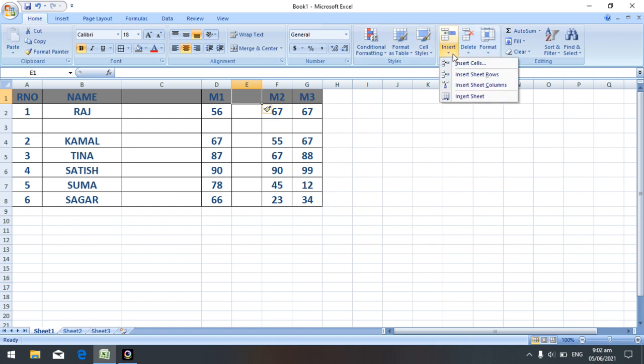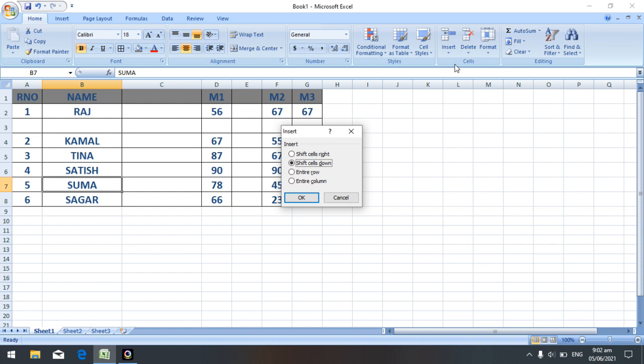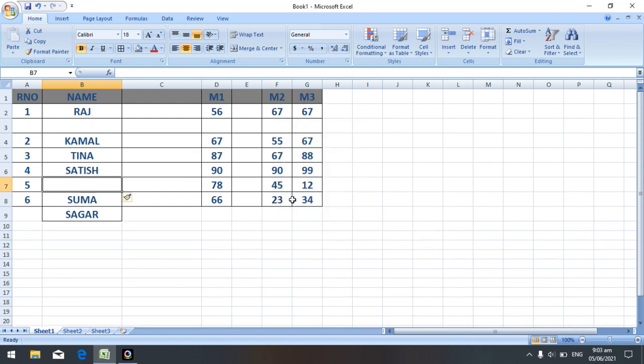So directly you can select these options, or what you can do is place the cursor here, then click on insert, then the insert cells option. So cells may go either top side or bottom side. Here the entire row option is there, entire column is there, then shift cells down, which is the same as entire row, so it shifts the cells downside. See here, if I select this option, then the value comes downside.